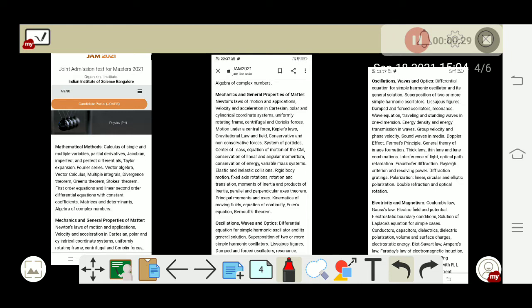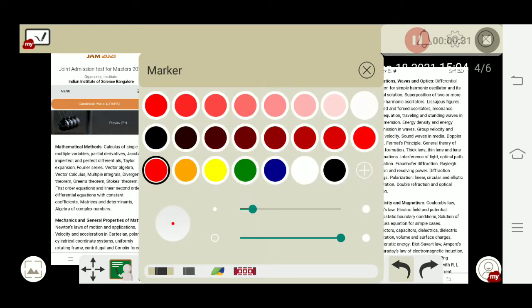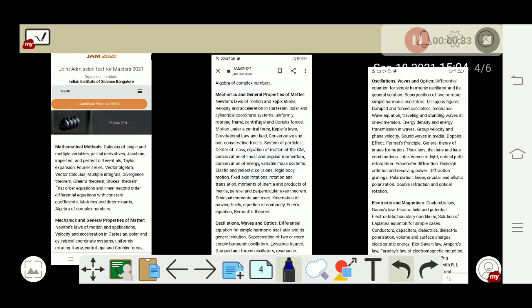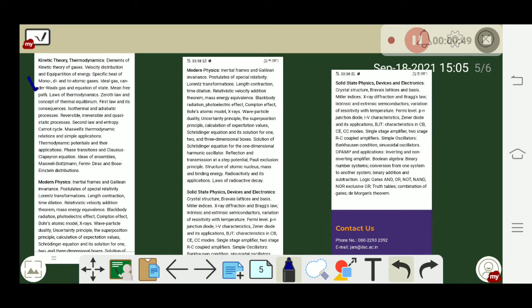First one is mathematical physics. Second one is mechanics and general properties of matter. Mechanics is very important. We have waves of oscillation and optics, electricity and magnetism, kinetic theory of gases and thermodynamics, modern physics, solid state physics and electronics. Okay,